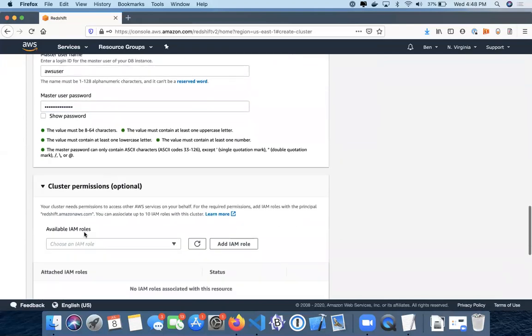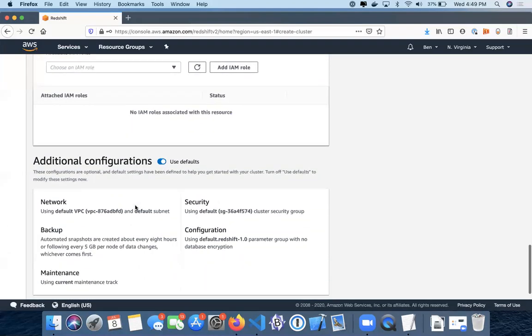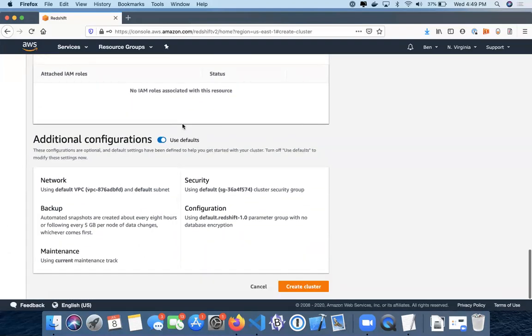For cluster permissions, you would want to have a role here for your Redshift cluster. This role will be assumed by Redshift to load data from S3, etc. There are also additional configurations. This is set to use defaults, so we'll stick with that, but you could also have your Redshift cluster in a specific VPC and have a specific security group, and we could go over this in a different video, but